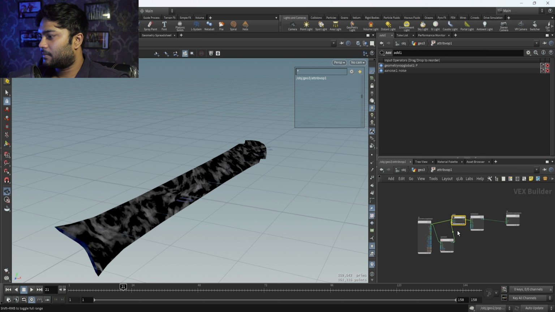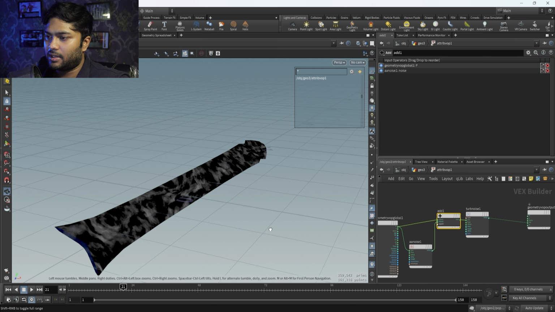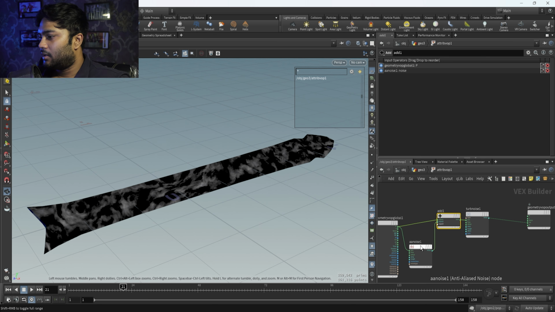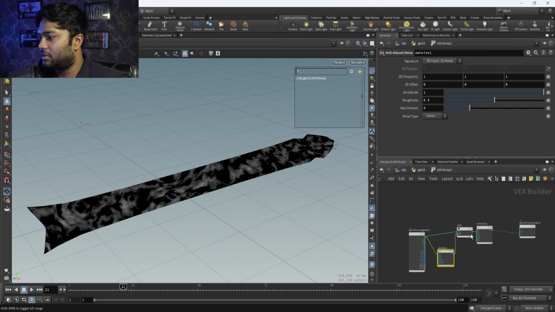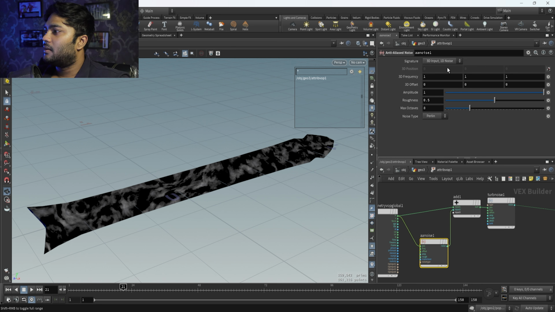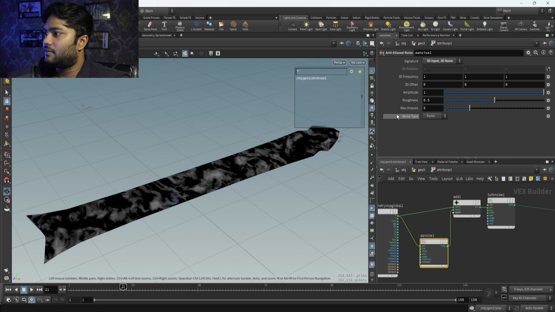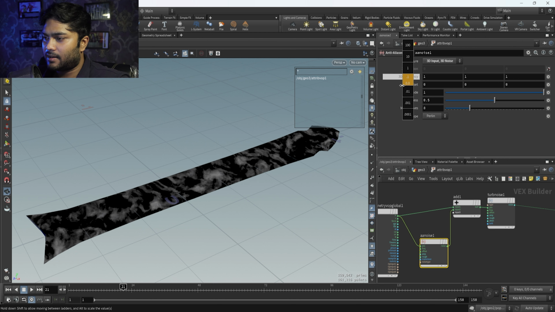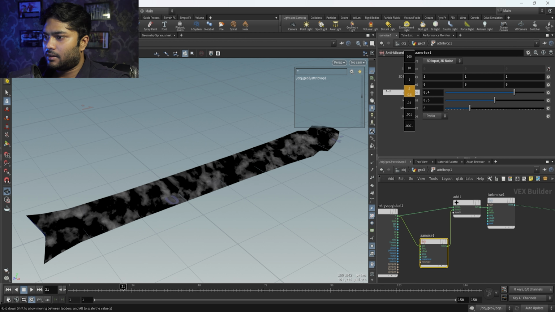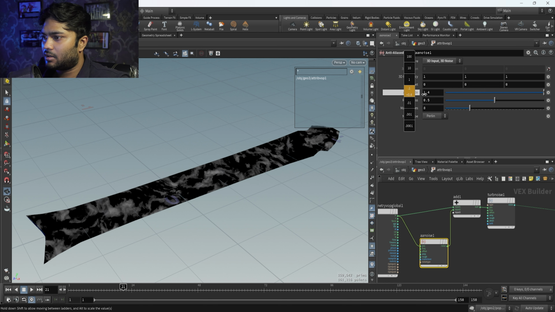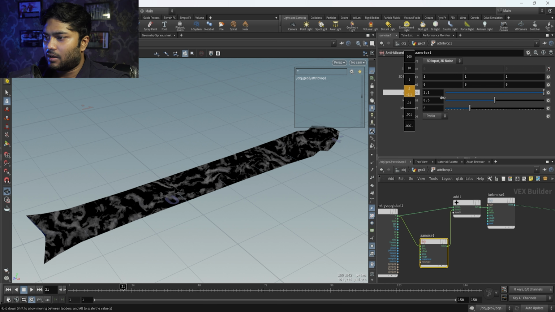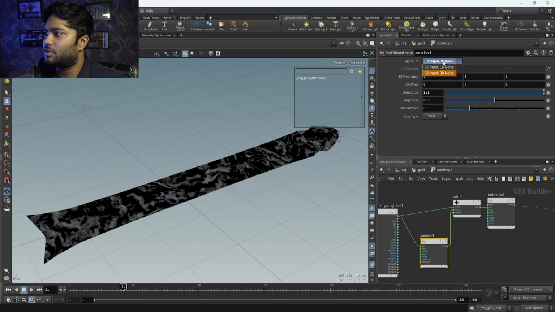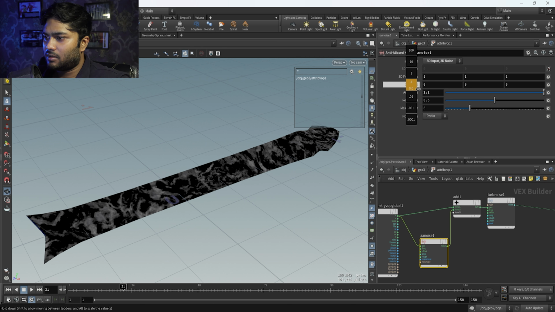After doing this, we will see this type of effect created. A swirl effect will be created, and some more noise patterns will be generated. So we will play with this anti-aliased noise and create another type of noise here. Like this, and we will increase the amplitude here and see how it looks. Just change the signature to 3D input, 3D noise, and play with that and see what the output will be.